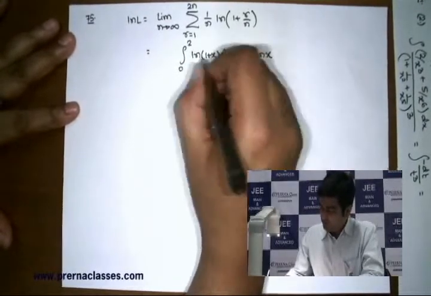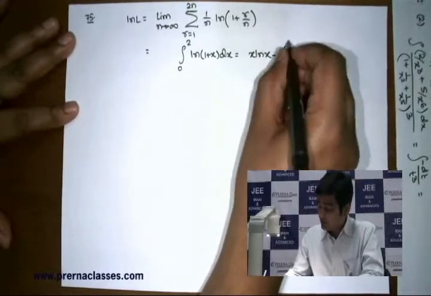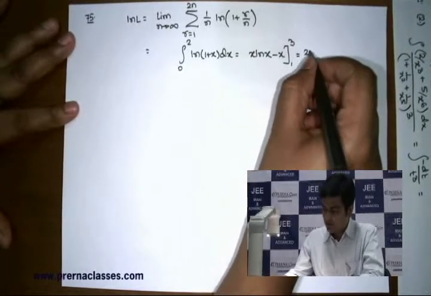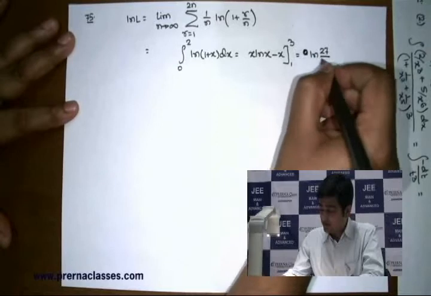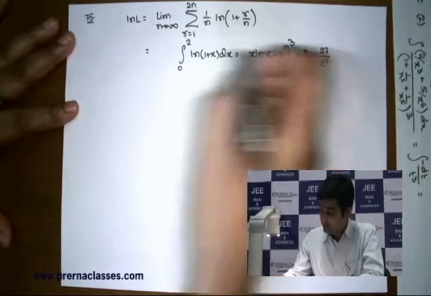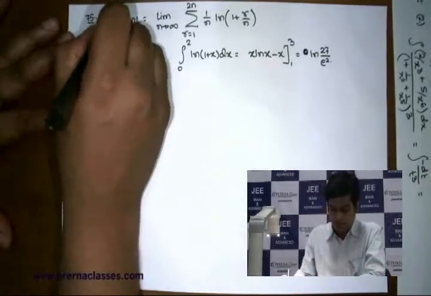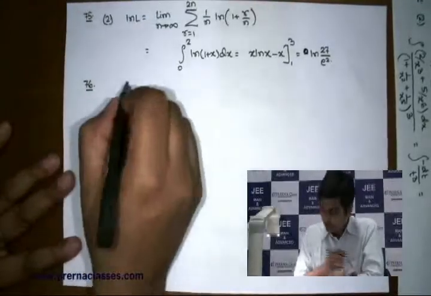which is also equivalent to integral of ln x if you take 1 to 3 limit. So I am directly going to substitute 1 to 3 limit in this expression. You will find that this is going to give you final expression as ln of 27 by e square. So ultimately answer is 27 by e square, which is matching with the option 2. In the next problem, it's related with area related with parabola and circle.